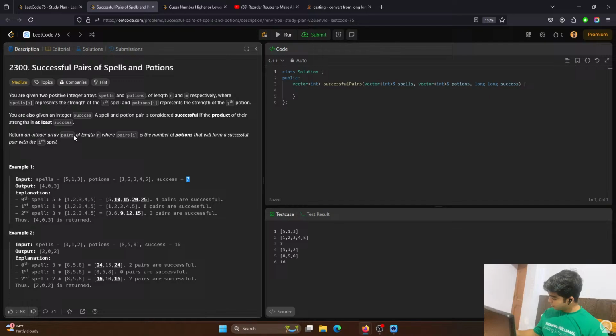भाई मेरे को अपना पर्सनल असिस्टेंट बना देना. सुबह घूमते हैं कल. Return an integer array pairs of length n where pair I is the number of potions